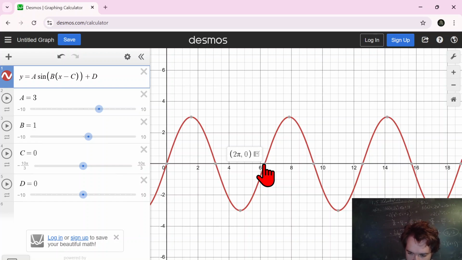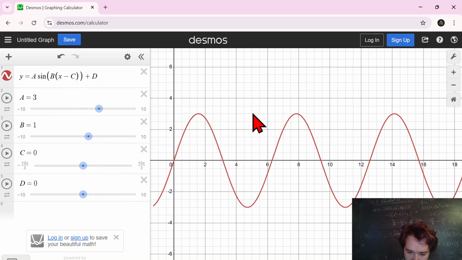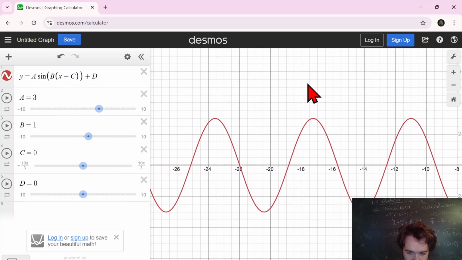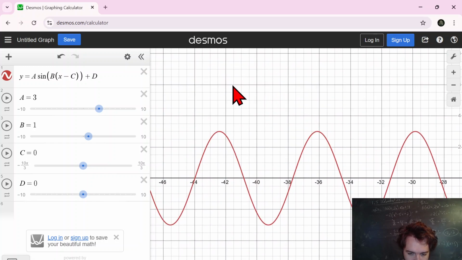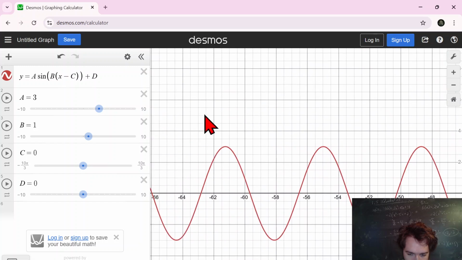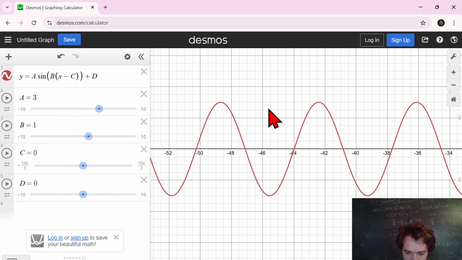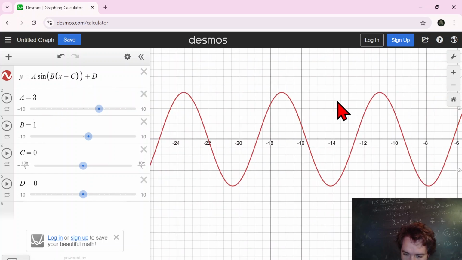if you look again after where the cursor is, it's just repeating this same kind of funny S shape over and over again, all the way out to infinity. And it's also worth noting here, if I drag the graph to the left, that it does the same thing on the left as well. So it's just this same S-shaped form repeated over and over and over again to create our sine